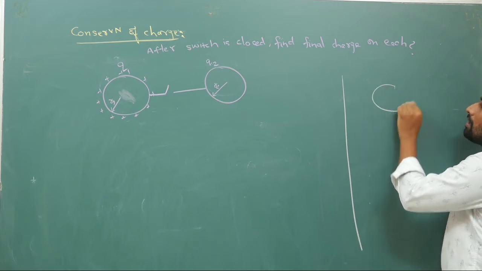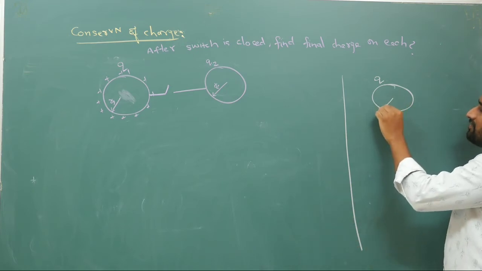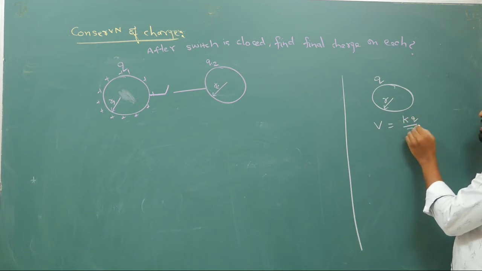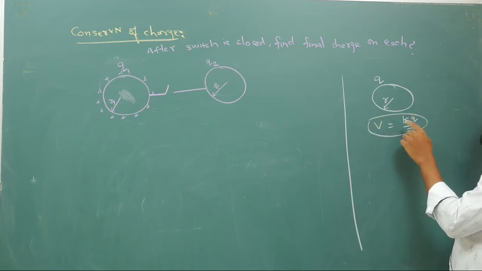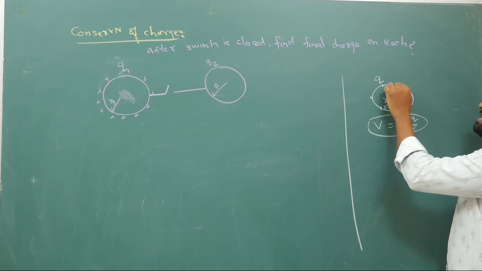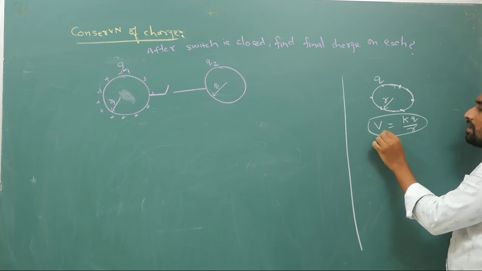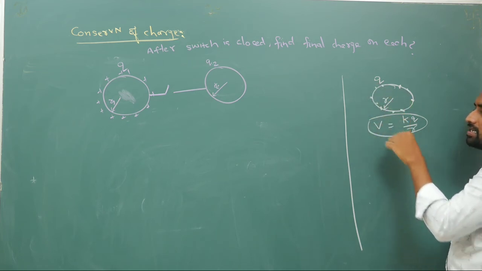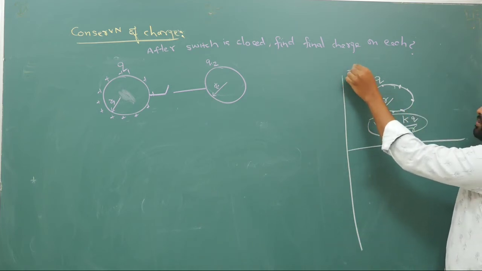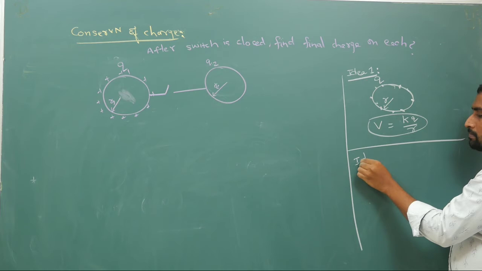I will tell you. Now if you have a shell like this, and its charge is Q and its radius is R, the potential of this shell on the surface is KQ by R. So at any point you take, this is an equipotential surface. That means everywhere the potential is the same. The potential at any point on the surface here is KQ by R. This is your idea number 1. To do this you need to know some basic facts which we will discuss later, but still I will tell you here. Next, idea 2.